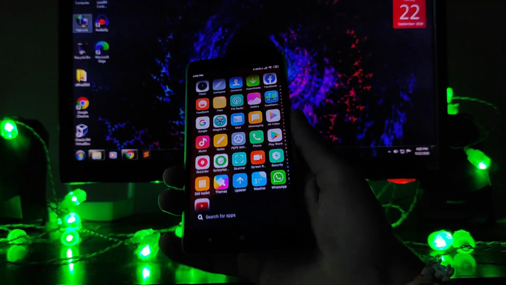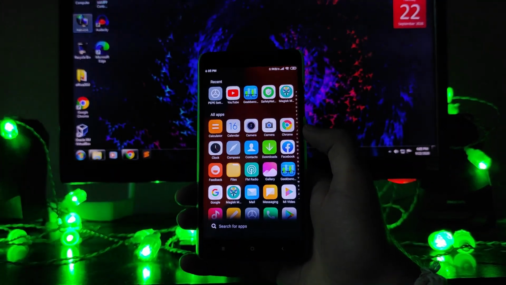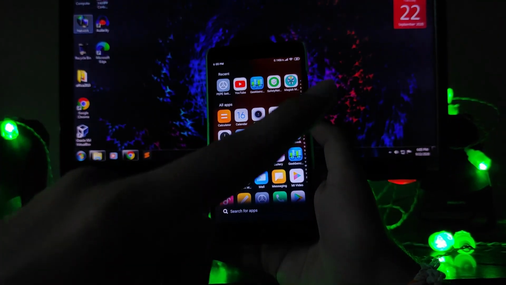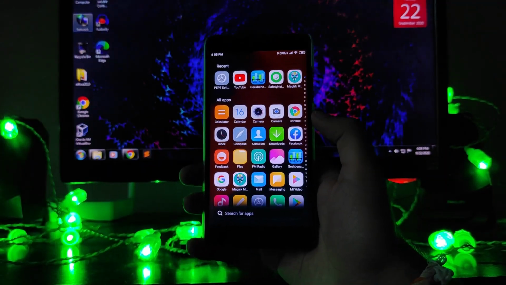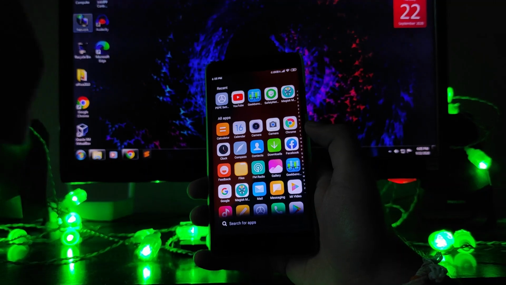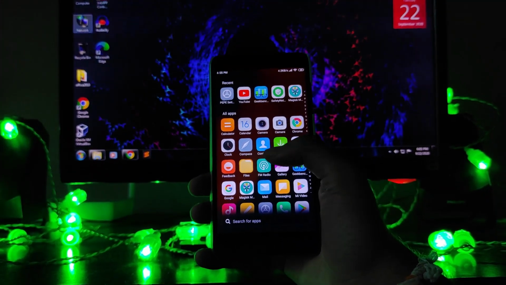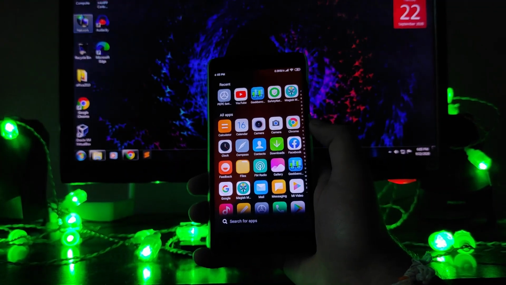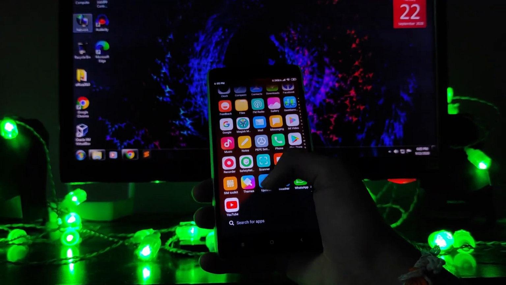So there is a storage issue because of these. And if you don't know how to uninstall these system apps, there is a card available here. I will leave the card for that video, or the link will be in the description. If there is no card, the link will be in the description for that video on how to uninstall system apps in any Xiaomi phone. So that was it. These were the bugs available here.